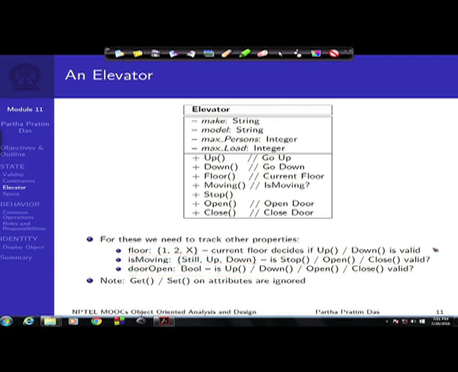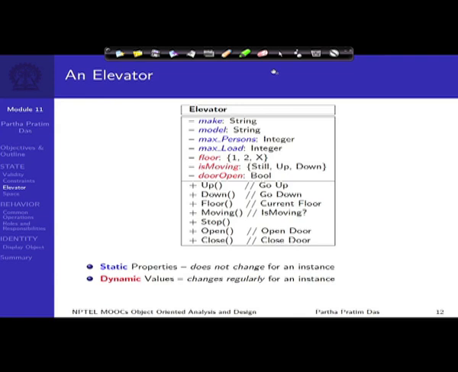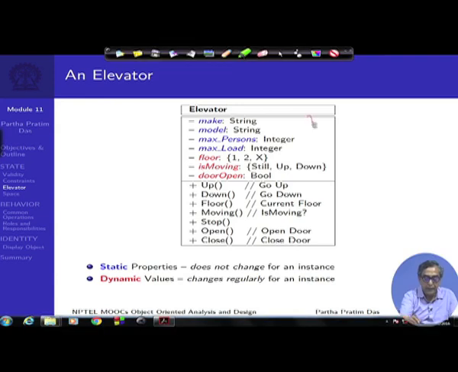So, these properties will help all these different operations to be actually realized. With this, naturally, the state of the elevator now gets extended. Now if you look, these are the states or properties that we had, and these are the properties that we have added. Naturally, with this addition the possible states of the elevator become a lot more, but you can see something. The reason I am coloring them blue and red is that you can see something about the elevator